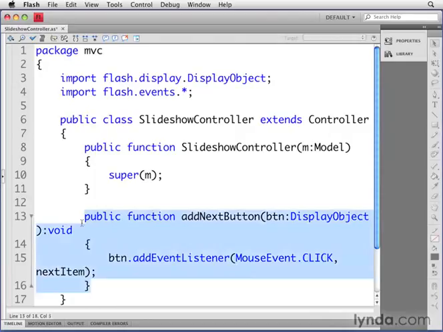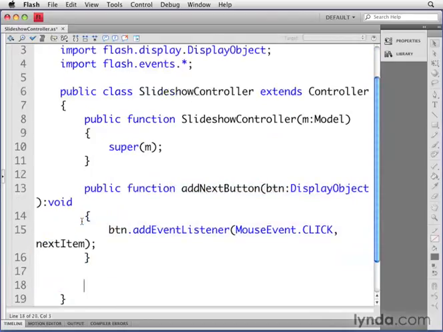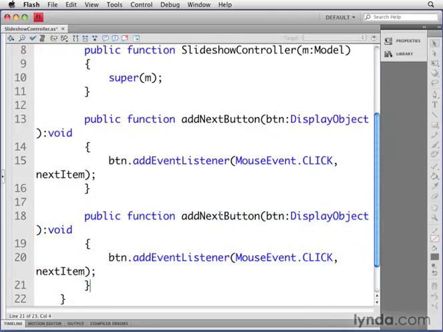And all I'm going to do is just copy this method and paste it right below and just change the word next to prev. So addNextButton should be changed to addPrevButton. Make sure to capitalize the P, by the way. And then instead of running the nextItem method, we're going to run the previous item method, which is prevItem, capital I. So when you pass in a button or some sort of visual object to the addNextButton method,